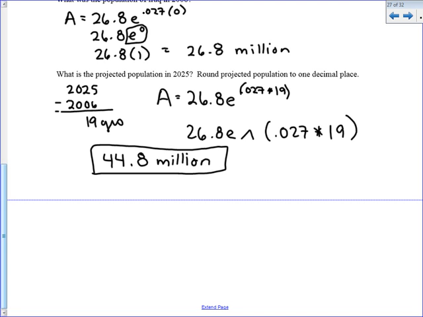What do you have for a calculator? You guys have the widest